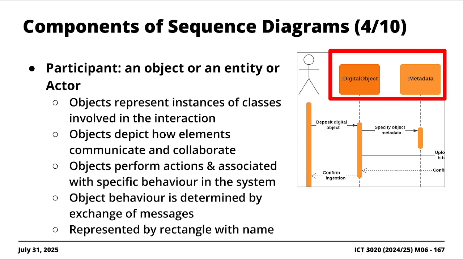again, just to rub it in, your objects represent instances of a class. Your class is a blueprint, if you remember, from your 2010. And these objects are represented as rectangular shapes with the name of the class, or the name of the object rather, inscribed within the rectangle. So this can be represented as an anonymous object, which is the case here. You just have a colon followed by the name of the class. So you're saying this is an anonymous object, or you can give it an